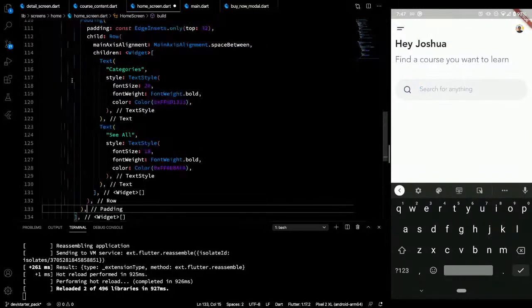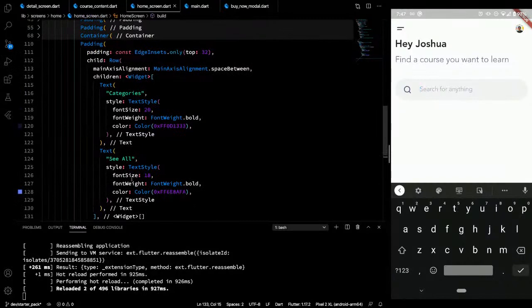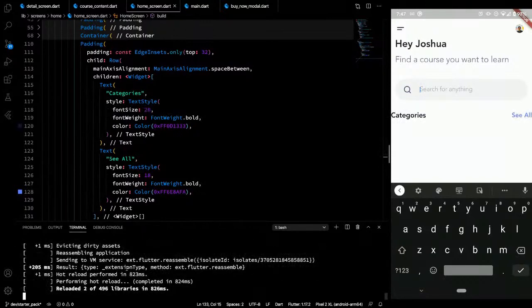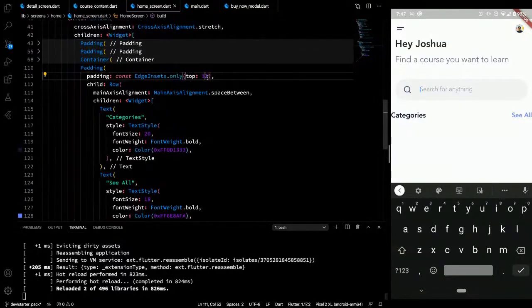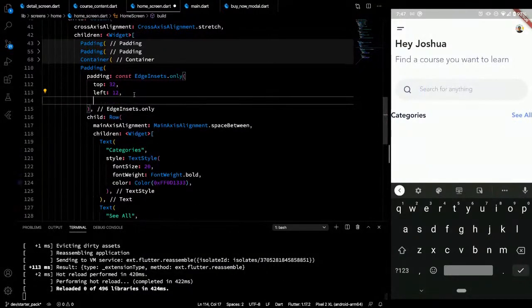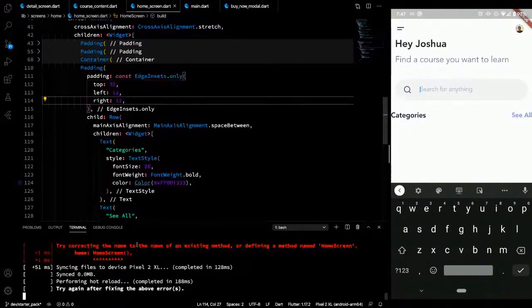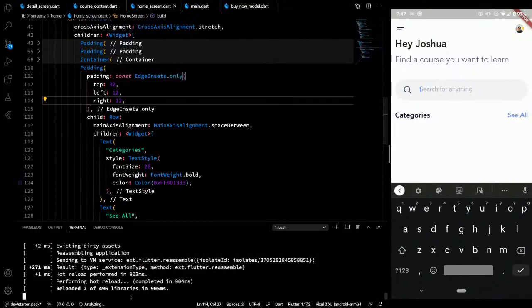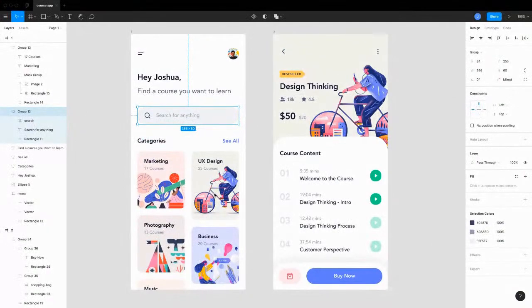So I believe you already know how to add text and row. Pretty much you could just change the styling, the color and fonts, for you to be able to experiment. So this is the latest one. Again, whatever I'm doing here will be reflected instantly on an iOS device. So left, right, 12. As you can see here, it's very fast. It's reflected instantly.